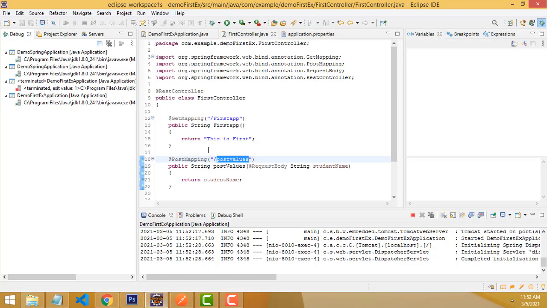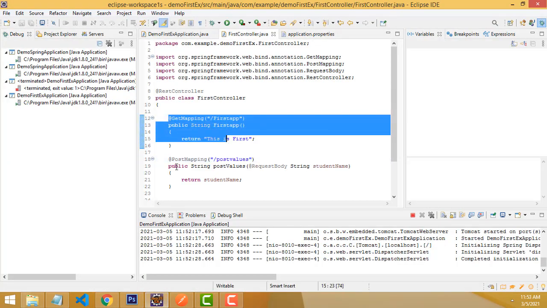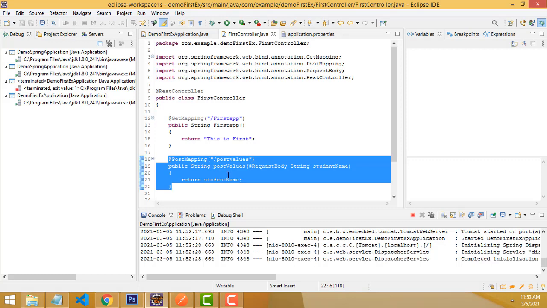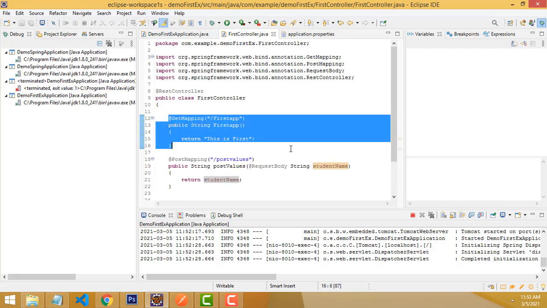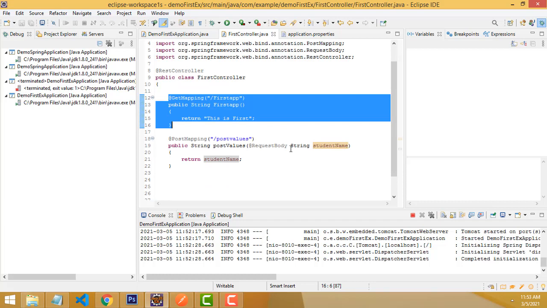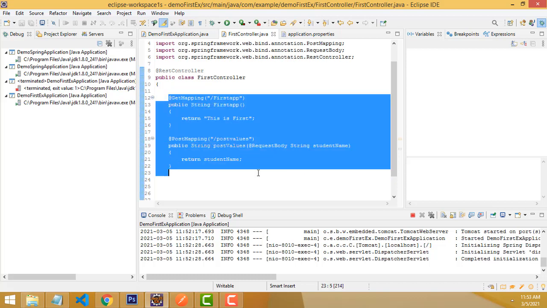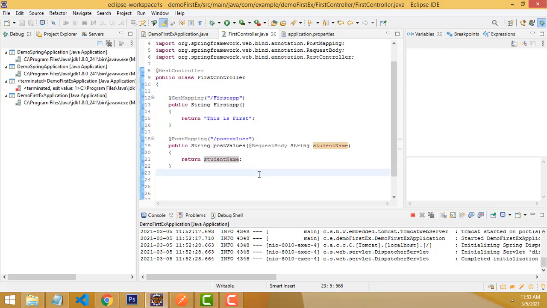Very simple. This is getting the values. This is whatever value you enter on the particular form, it is sending the value. This is the difference between post and get. I hope you already studied what get and post are in PHP or any language. This is the simple stuff you have to do in our Spring Boot application. This is the REST controller.